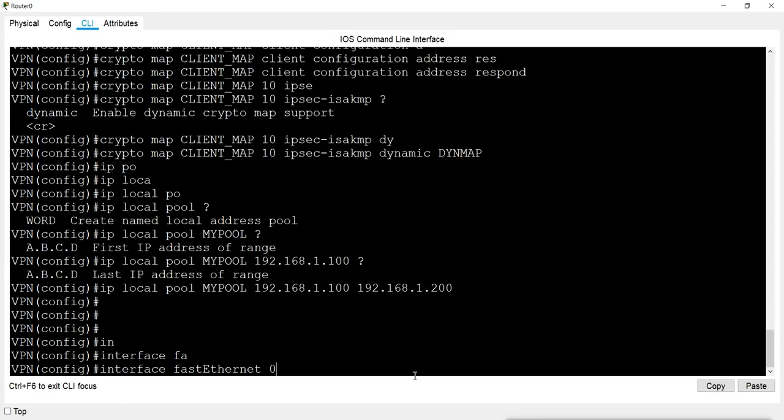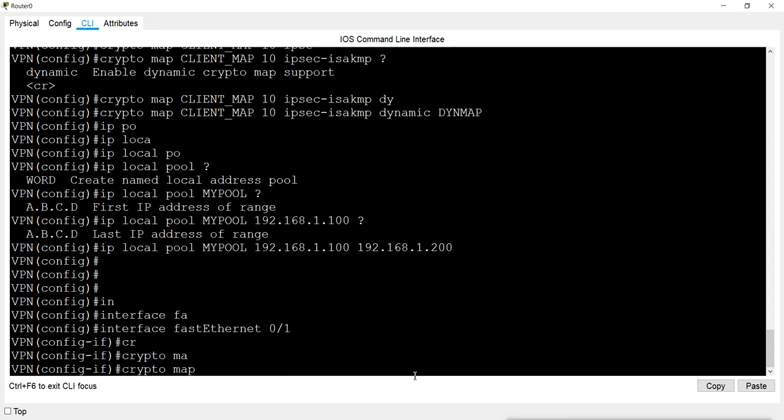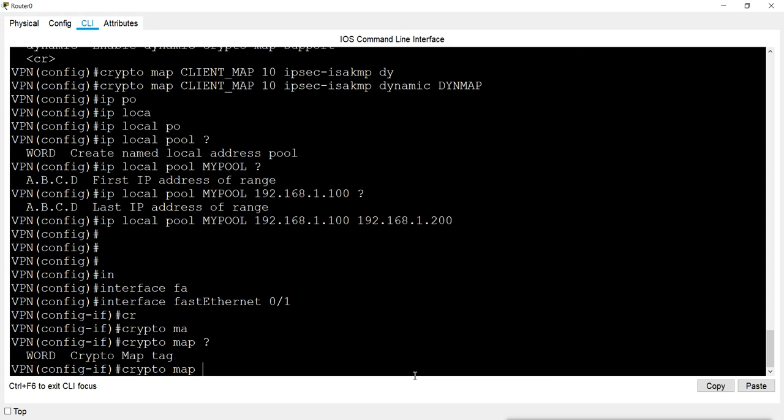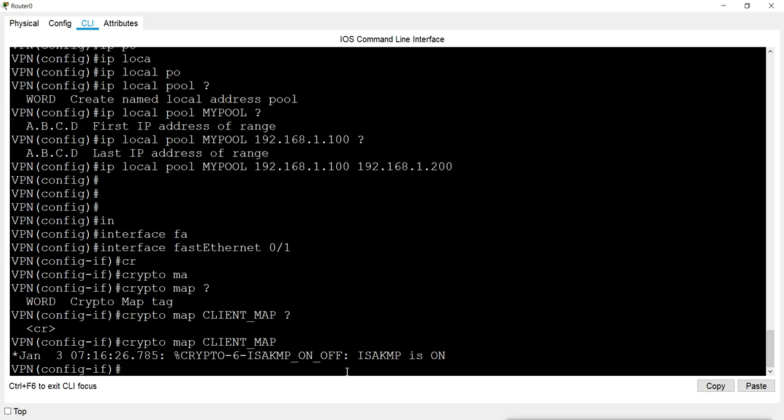And then crypto map, and then the map which we have created here. This is what we applied, and when we applied it, it gets on and is now accepting the connection of VPN on that interface.